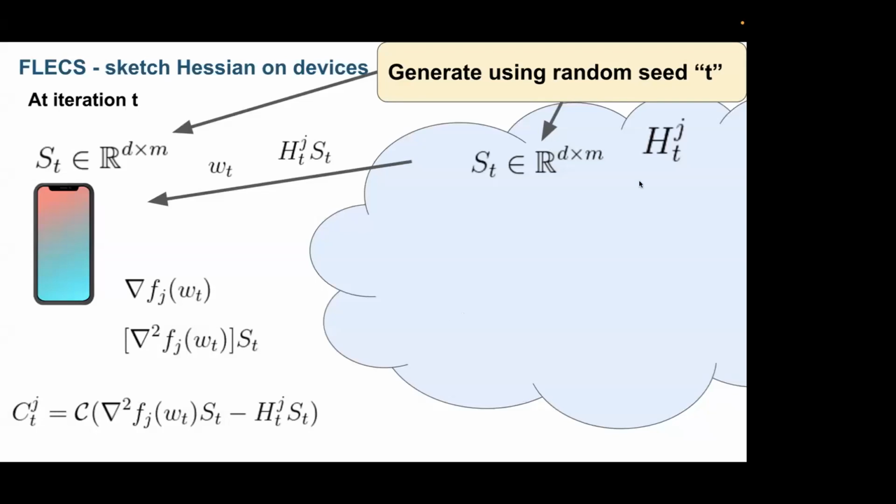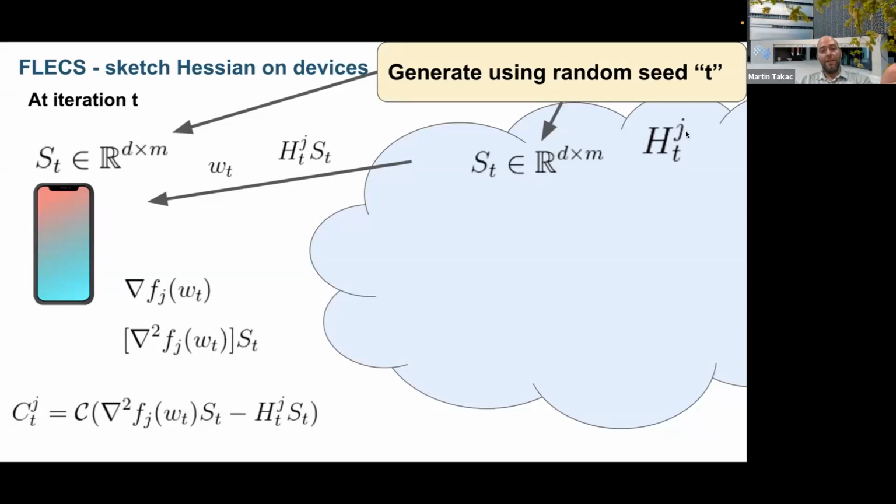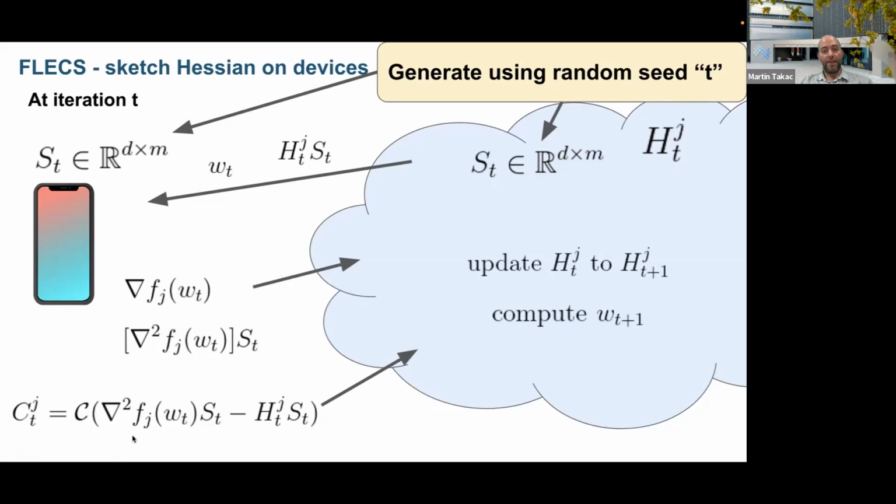If there's some difference, because maybe H was not really perfect, then I just tell the server, by the way, to update your estimate of the hashing because it should be different, right? This tells me that if you really want to sketch the hashing, the estimate which you have should be like this one. Not like this, but like this, okay? And again, if I now have estimates of the hashings already updated, I can just compute the average of them over j's, and then I will use this one as my Newton matrix, and then I can compute the Newton step. Okay.